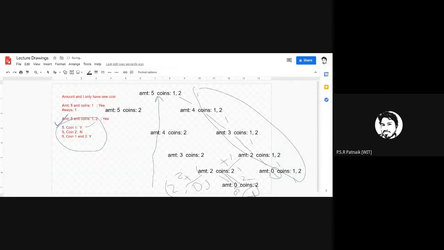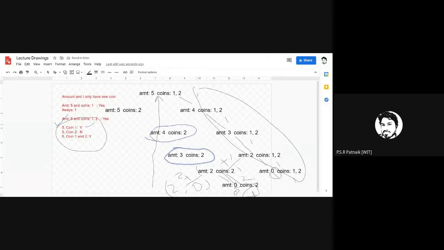Now you might ask me, sir, this recursion tree looks almost like we are exploring all the combinations. Then where is dynamic programming, right? What is the logic we are discussing here? Here we are almost ending up exploring the entire recursion tree, all combinations. We are not getting any reduction in complexity, nothing. So in this top-down approach, the dynamic programming lies in storing the results of these individual calls.